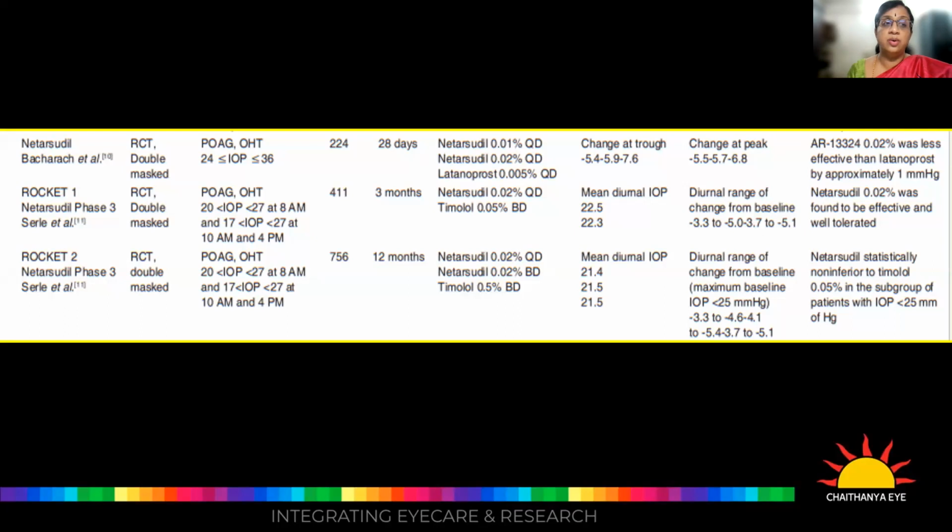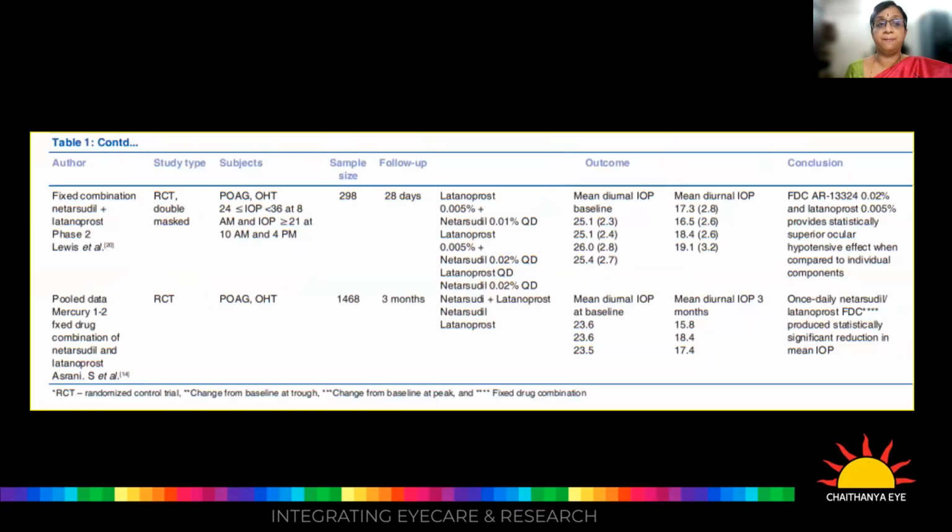The studies with netarsudil are the ROCKET studies, ROCKET 1 and ROCKET 2. ROCKET 1 showed that 0.02% was found to be effective and well tolerated. And ROCKET 2, which has completed the phase 3 trial, showed that it is statistically non-inferior to timolol if the pressure is less than 25 millimeters of mercury. For fixed combinations, latanoprost plus netarsudil provides statistically superior ocular hypotensive effects when compared to the individual components. The MERCURY trials have compared and shown that once daily netarsudil and latanoprost combination produces a statistically significant reduction in the